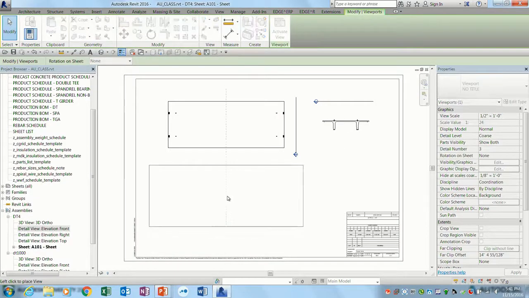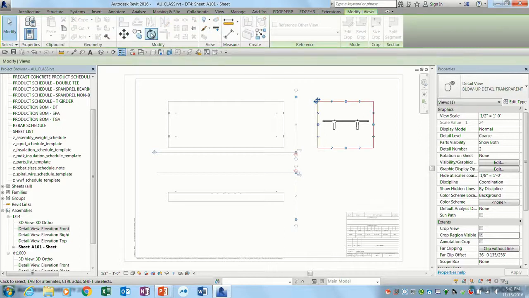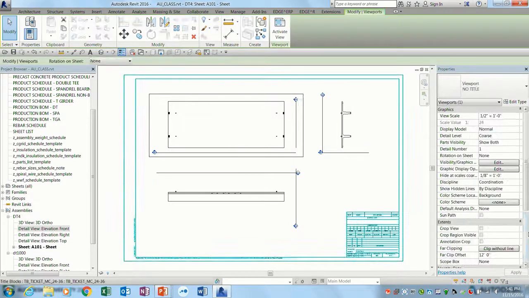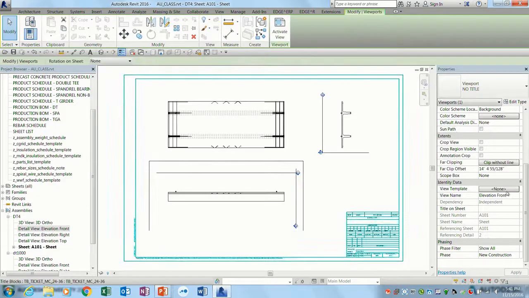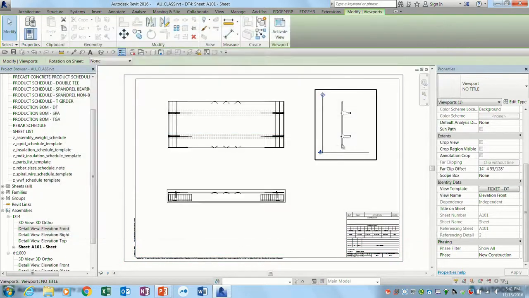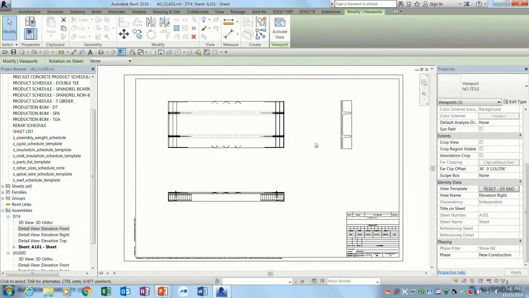Anyway, I'm going to let him do that. He's going to apply the view templates. And then when he's done with that, he's going to add a note that we'll place just to illustrate this fact. Any legend views that we have, so standard details or standard notes or standard anything we want to include with this ticket, we're going to lay that out on top of that ticket as well,